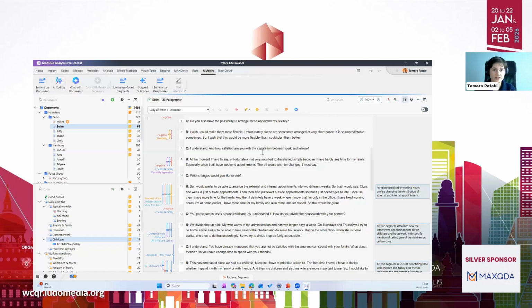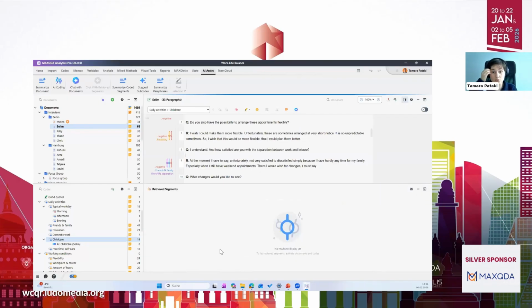questions about this, then I would like to now move on and talk more about the analytical features and how you can identify patterns in your coding. So once we have an already coded data set, we can now think about how our codes relate to each other and how they appear across our data. And for that, the easiest way to find coded segments would be to work with